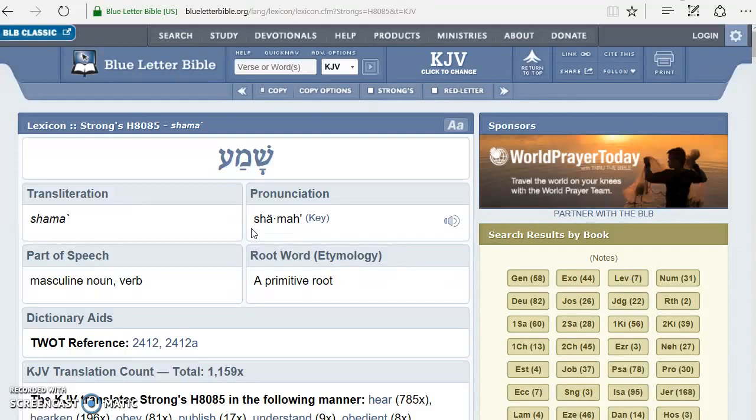then you're going to want to go to the tools bar. And that's what I like to operate out of more than anything, because often you'll stumble upon things you didn't know you were looking for. So this one is a primitive root. Pay attention to the root word etymology section right here. Keep in mind that there will be other Strong's numbers whose roots will be listed in this section here. So, for example,